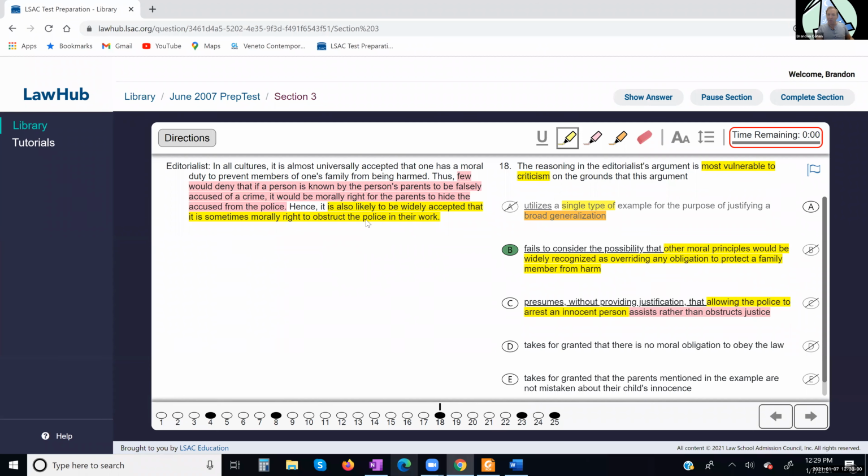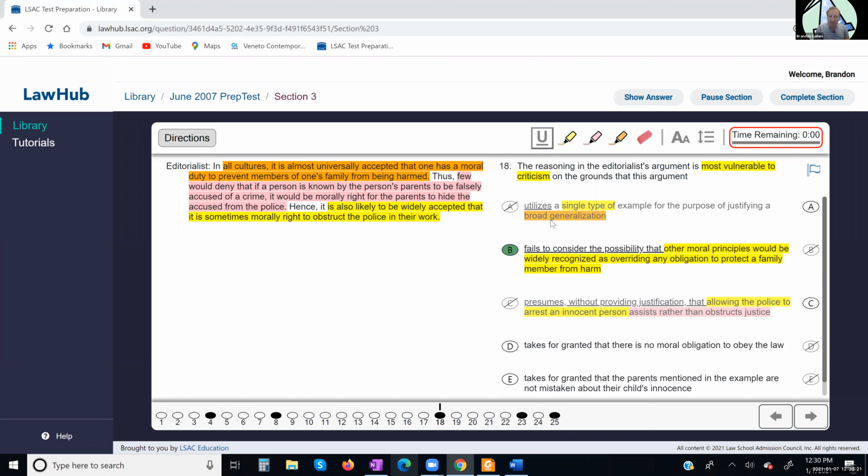Okay. So when they're like, but it's widely accepted to obstruct, saying but it's not obstruction wouldn't actually weaken the argument of whether it is or is not okay to obstruct. We need something that would actually attack that. And we said earlier, it was already established. So really the problem was that first line leading into the second line. And that's why B was correct and C is not.